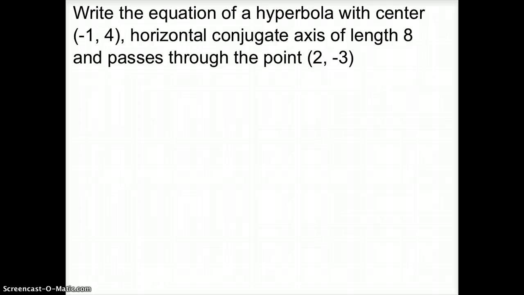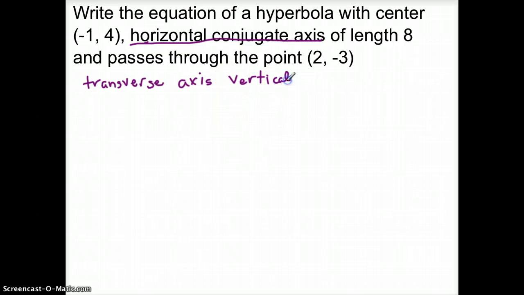Now, if you recall, it's actually the direction of the transverse axis that tells me which variable comes first. So you notice here they're saying it's the horizontal conjugate axis. Okay, so that means that the transverse axis must be vertical. Okay, so if it's vertical, that's in the y direction,